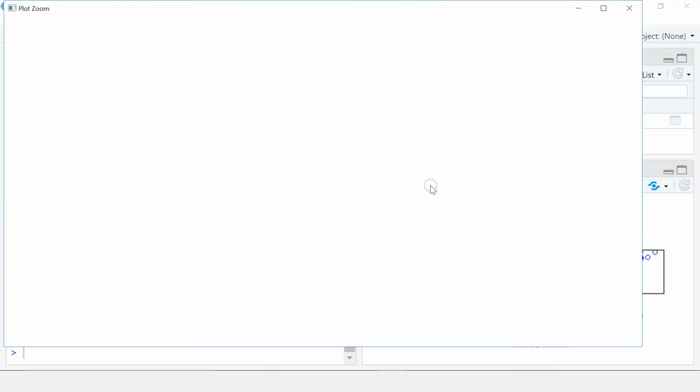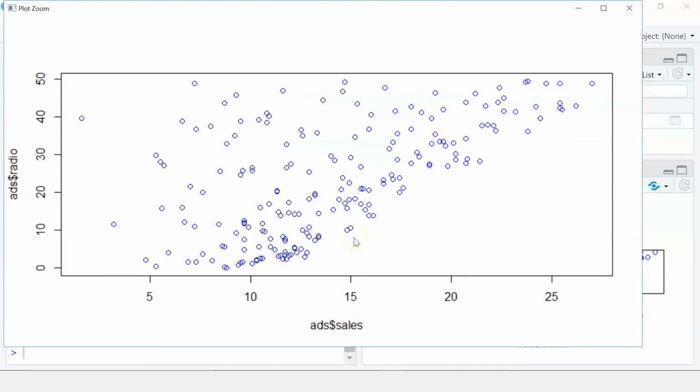Now if I zoom in, now if you look at the blue dots, it is not that linear compared to our previous graph. You can see there are a few data points like this that show the sales were not good even after spending decent money on radio ads. But still you can expect a decent amount of sales if you are willing to spend on radio advertising. Close it.